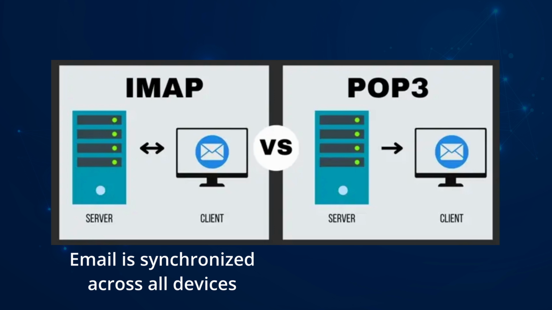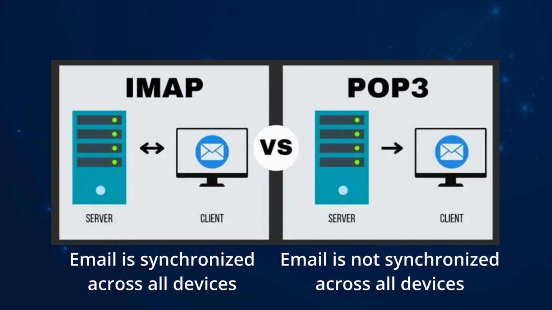On the other hand, POP is completely different. POP downloads emails from the mail server to the user's device. Emails are typically stored locally on the device, and users can only access the emails from the specific device. POP is a one-way communication protocol, meaning that actions taken on one device will not be reflected on the other devices. Basically, what happens there is if you open an email and then read it on one device, you may be able to open that same email on another device and it still show that it is unread. POP is suitable for users who primarily access their emails from a single device and do not need to synchronize